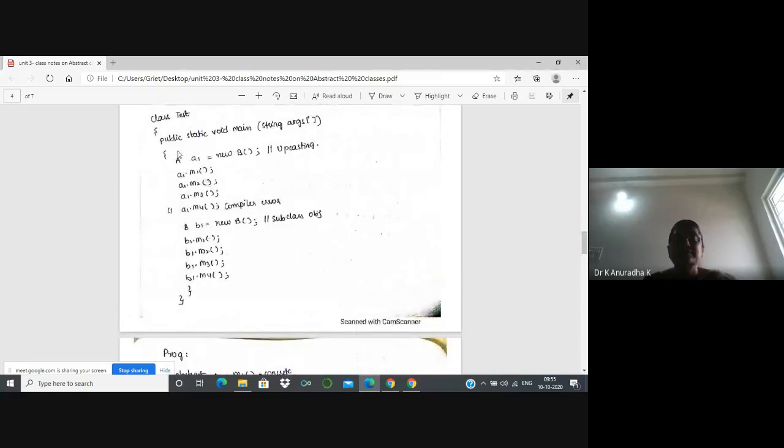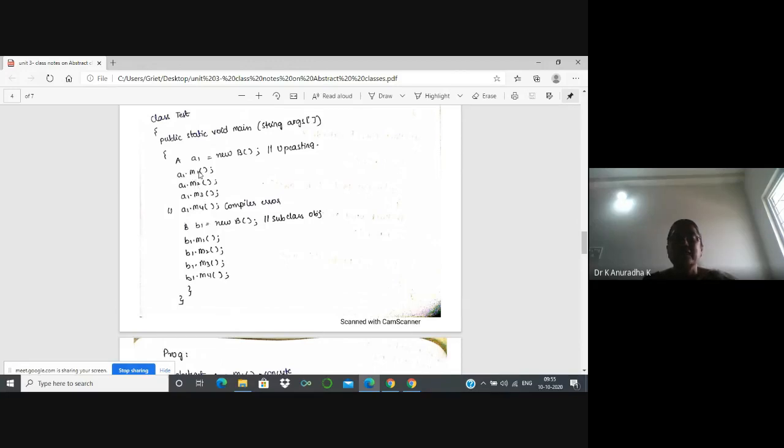That's why, what is the rule for upcasting? Upcasting is nothing but a subclass object assigned to a superclass reference variable. With that reference variable, we can access all the members of the superclass except overridden methods. So this A's M1 is executed because it is not an overridden method, but these two are overridden methods because the implementation is there in the subclass. So when you access the members M1, M2, M3, what is the output? With this reference variable, I can access all three members of the superclass, that is M1, M2, M3.